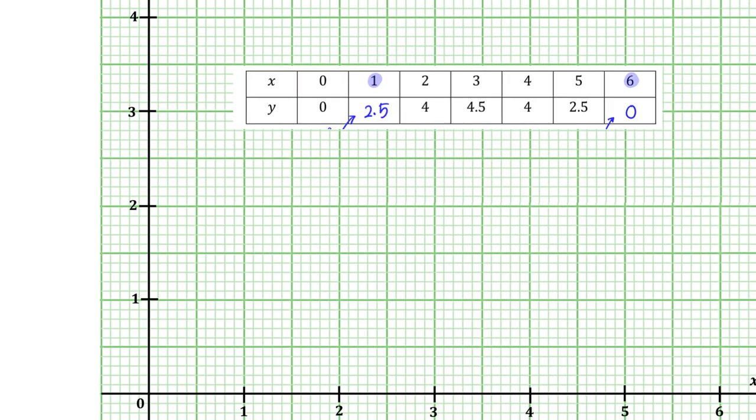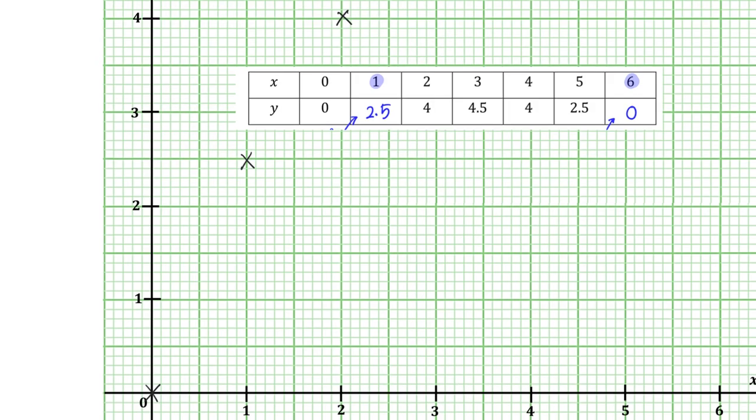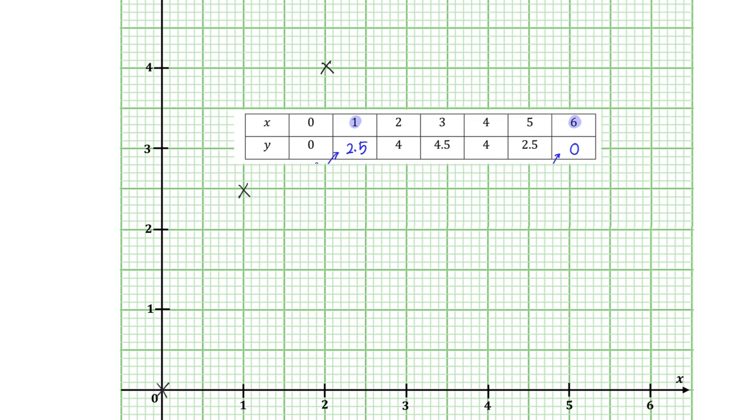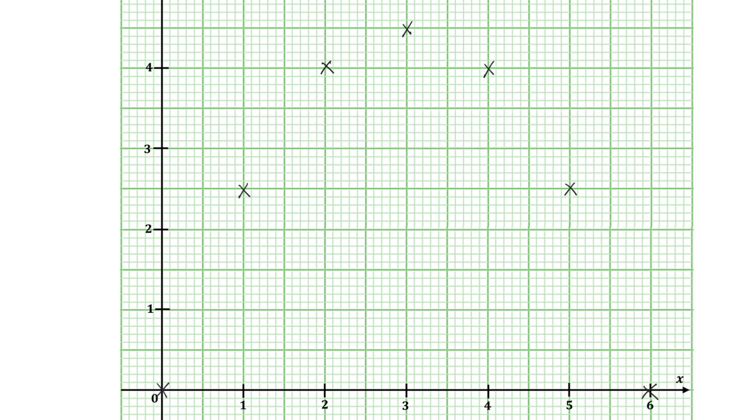When x is 0, y is 0, that's the point down there. 1 and 2.5 here. 2 and 4 up here. 3 and 4.5. Then I come back to 4 and 4. 5 is 2.5. 6 is 0. So you can see this nice little arch or this curve, and that's where we are going to continue to plot the points,